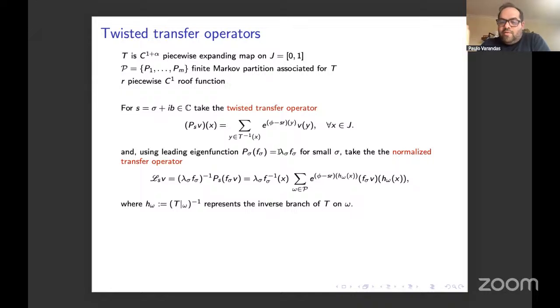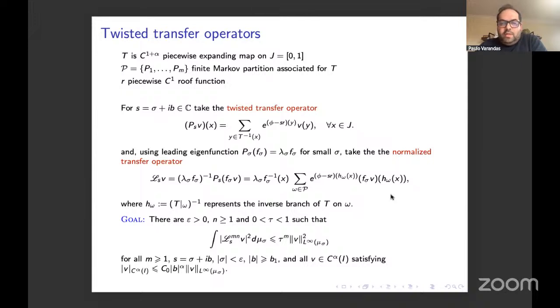Then you have a spectral gap. Hence, for small real parameters σ, you have a leading eigenvalue and a leading eigenfunction, which are still unique. This leading eigenvalue is the normalization factor. Hence, you can define these normalized transfer operators, normalized by the real part of the parameter s, times this twisted original transfer operator. So you have this classical formula,